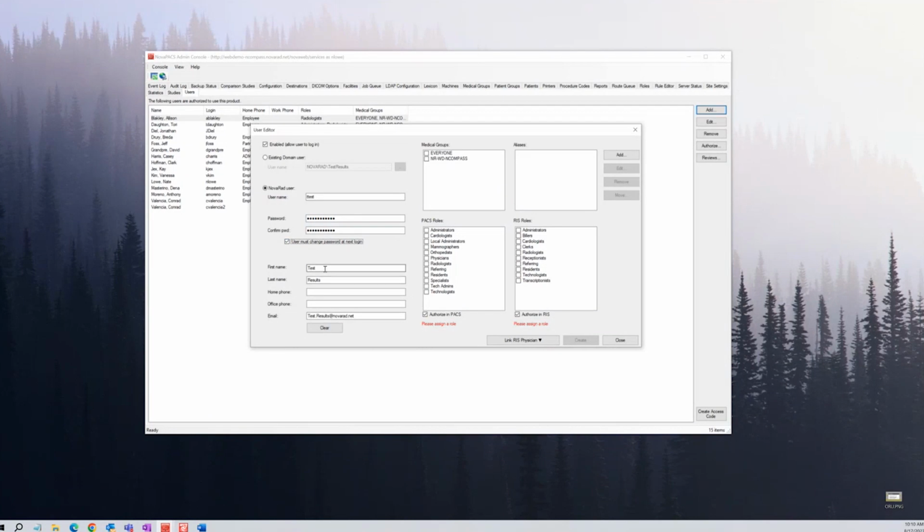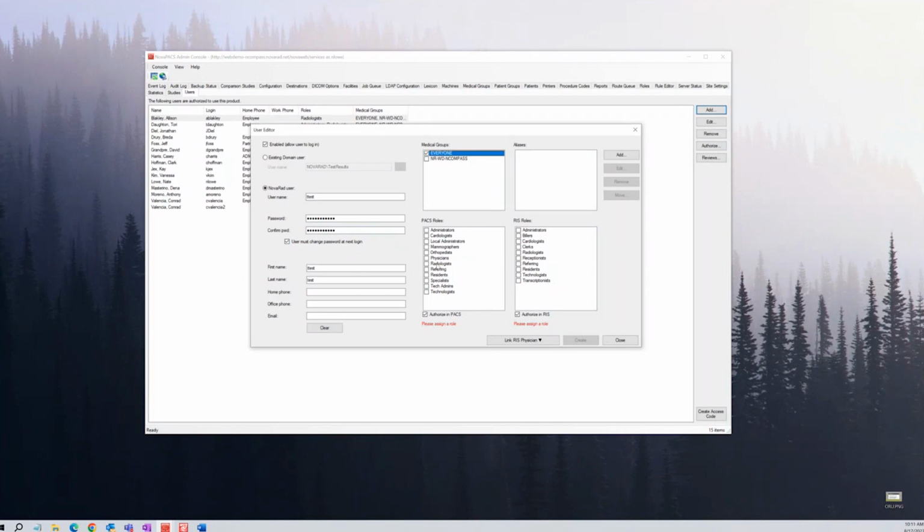Of course, we have the name fields, and I'm just going to remove the names here. And just to show you, the little red dots indicate that it is a required field. All right, and here's the phone numbers and the email address. Up here is the medical group, so we have to determine what medical group this new user is part of, and also what kind of role they are going to have.